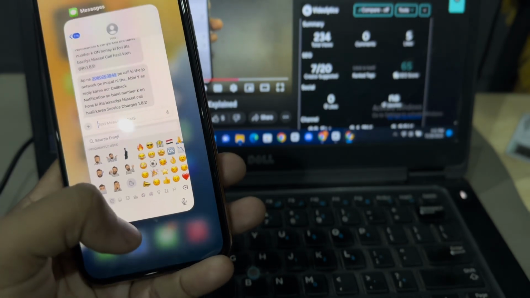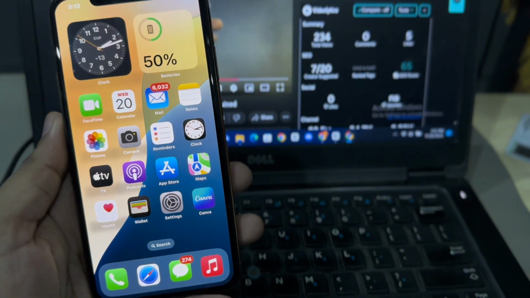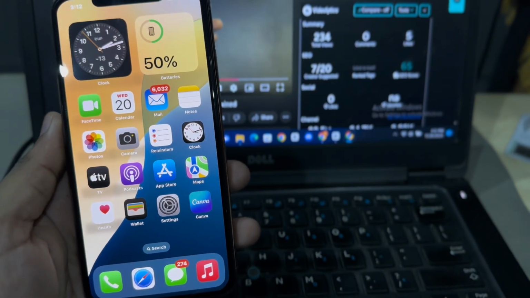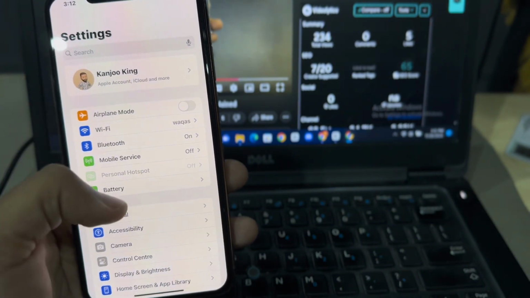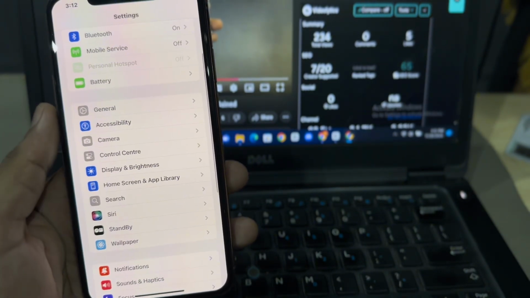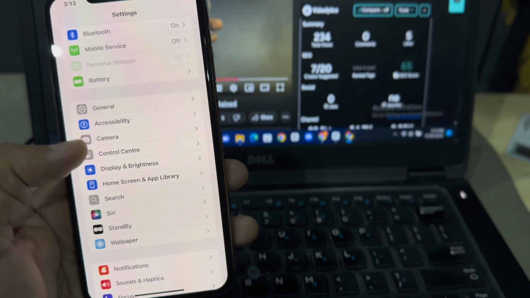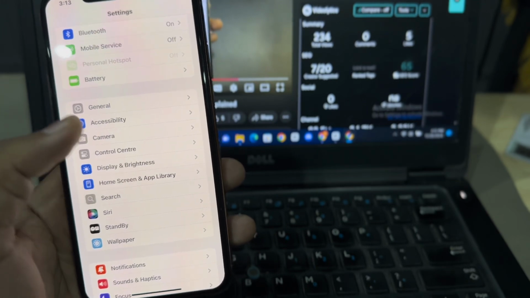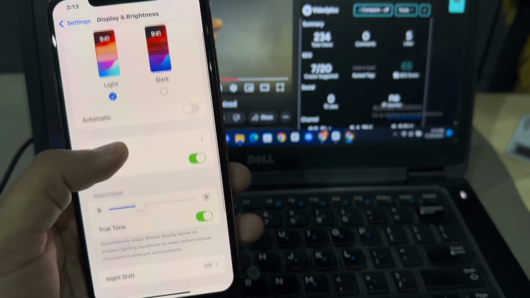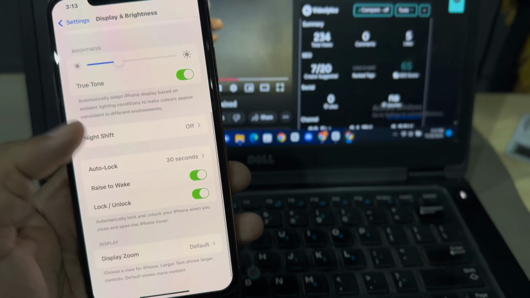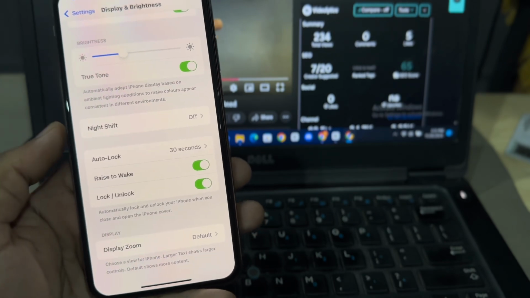First of all, you need to close that, and after closing that you need to tap on iPhone settings again. Okay, in the settings section you need to scroll down and you can see Display and Brightness. Okay, let me tap on that. Okay, after that you can see the options appear on screen. Scroll down below and tap on Display Zoom,